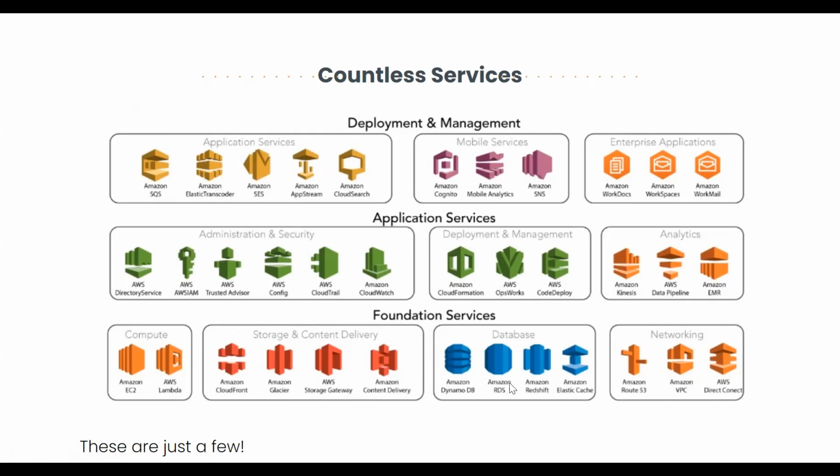You're essentially just having Amazon hold databases, like for example with Redshift or RDS or DynamoDB. You're holding just data in its purest form, or you're using pure compute resources, or you're directly networking with the web, like in Amazon Route 53, with other cloud users, like with VPC. And these are all great examples of foundation services or infrastructure as a service. And these are just a few of the many, many AWS services that are out there. This is just like a sampling.